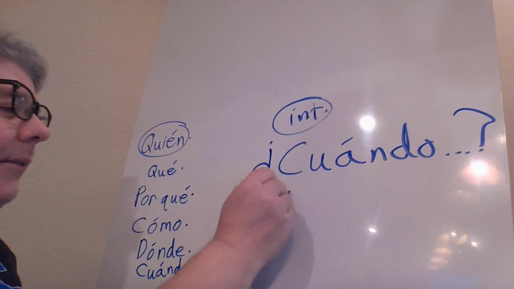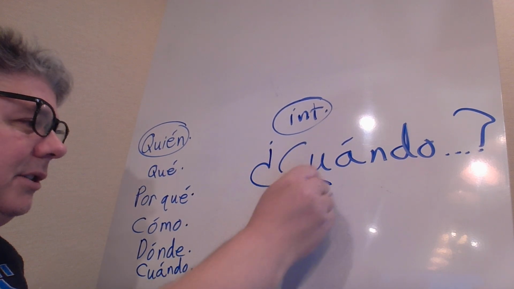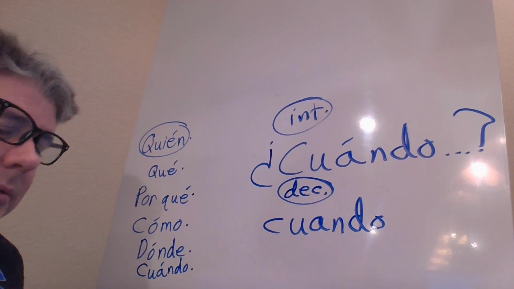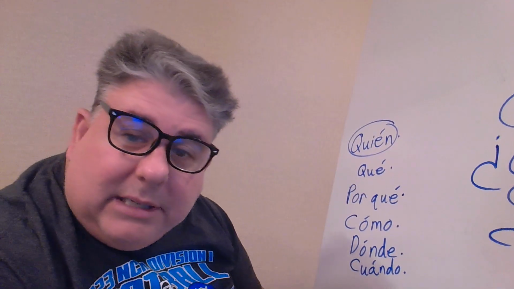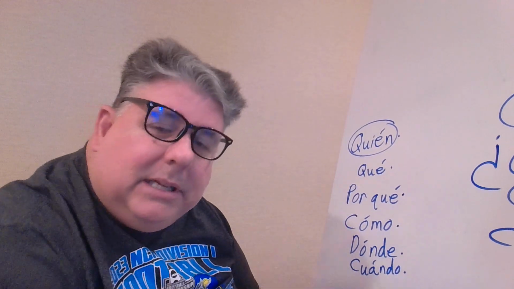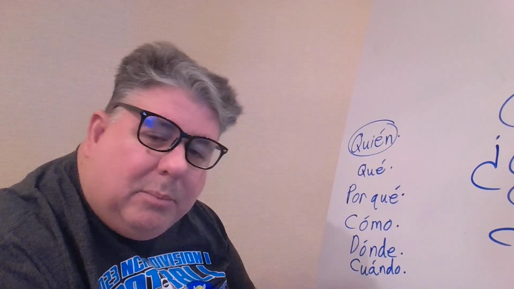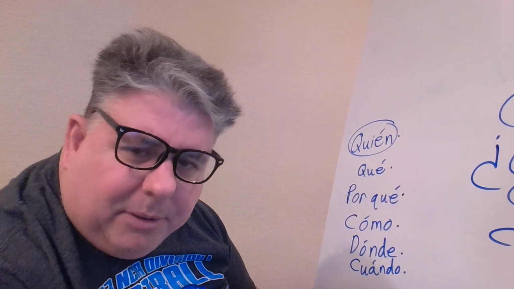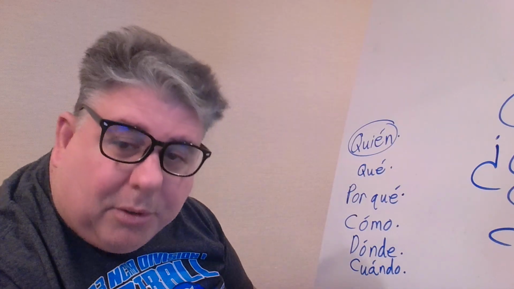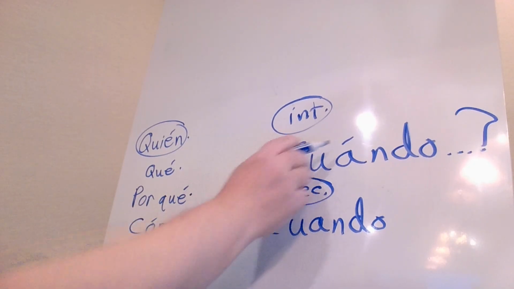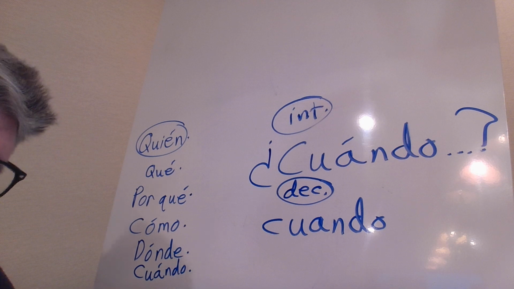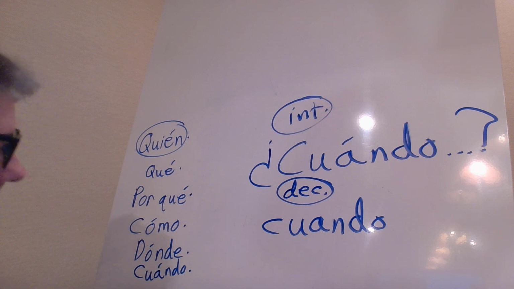Stuff like that. Now, if you have a declarative statement, just stating information, that's when you know the answer. Like, oh, yo recuerdo cuando vamos a visitar a los abuelos. Vamos a visitar a nuestros abuelos el próximo sábado. Like, oh, I remember when we're going to visit our grandparents. We're going to visit them next Saturday, el próximo sábado. So again, if you have an interrogative, it's cuándo with the accent mark. And if you have a declarative, it's just cuando, like when, like you're just communicating information.